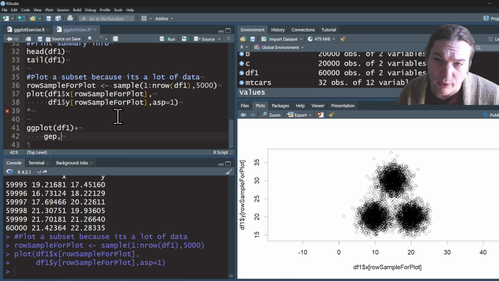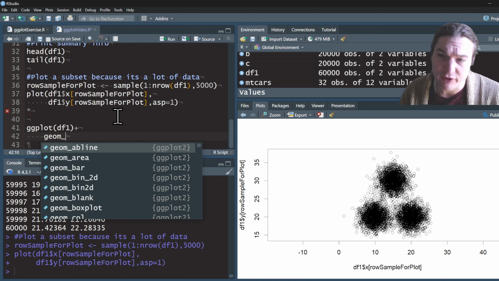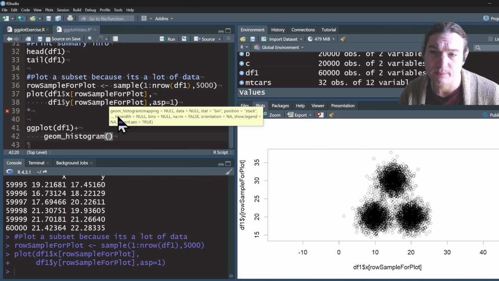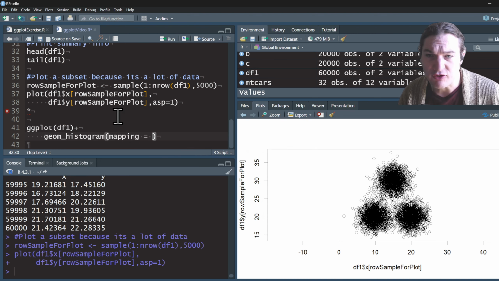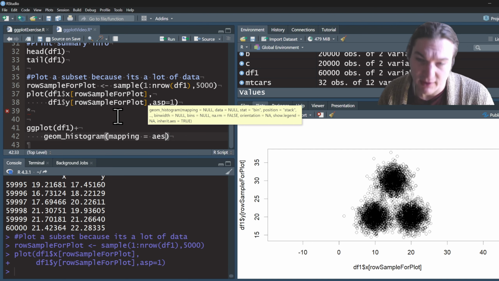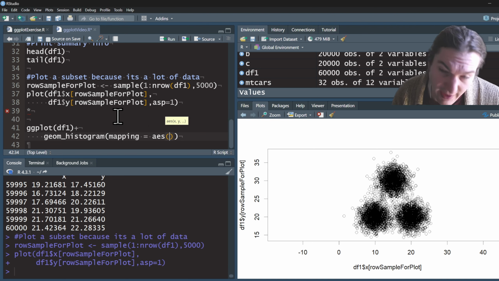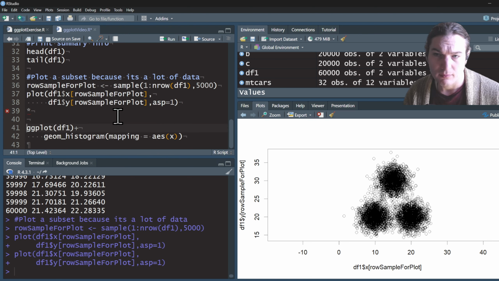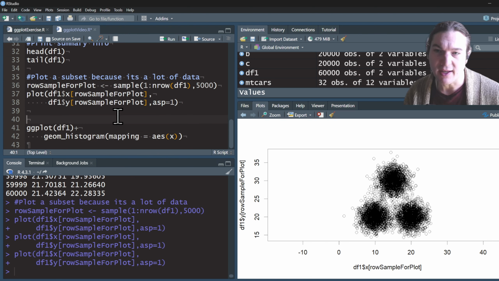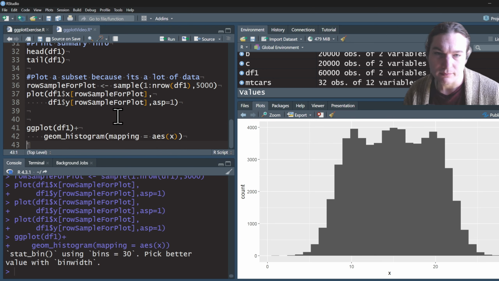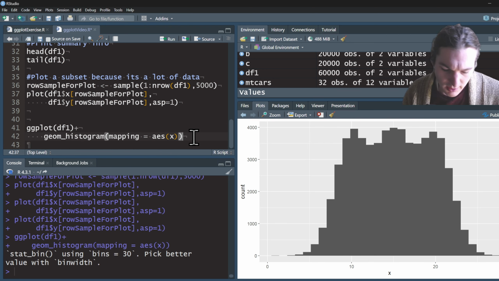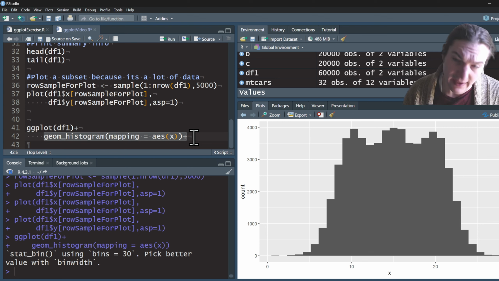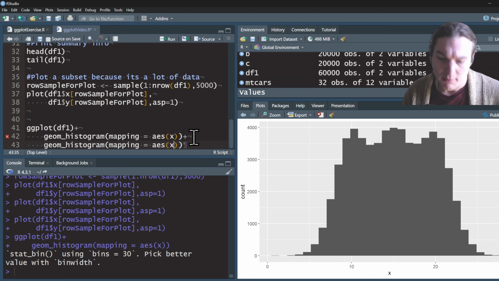At this point, we're going to have to tell everything what to map to what, but I'm just adding geom_histogram to this. And I'm changing the mapping, which currently doesn't exist, so that it uses the X column. Let's take a look at that. Oh, it doesn't like that little asterisk being there. Cool. So if I then wanted to add a second histogram, but using the Y column,